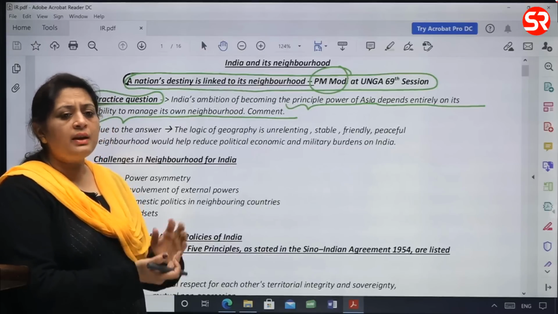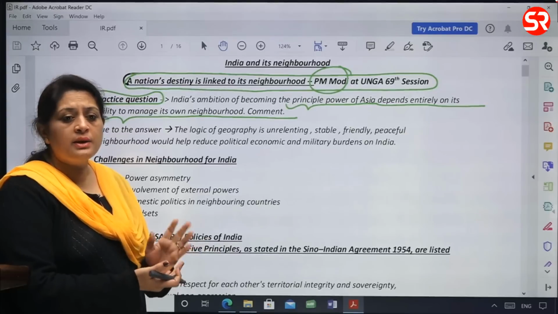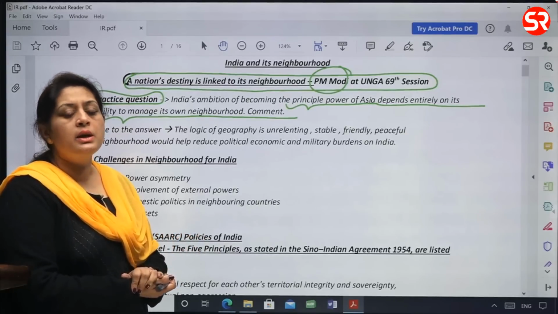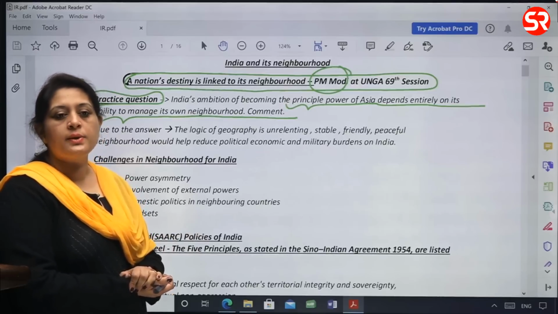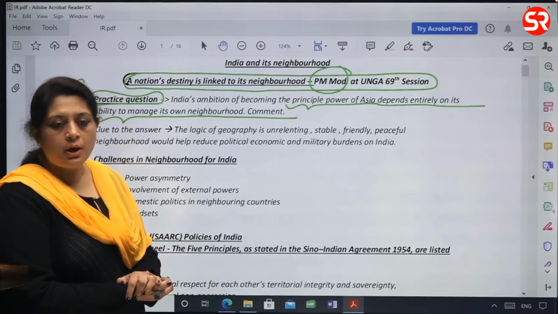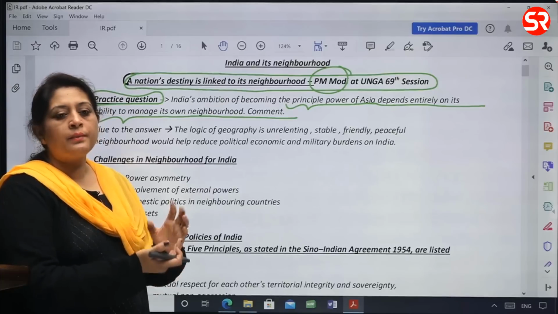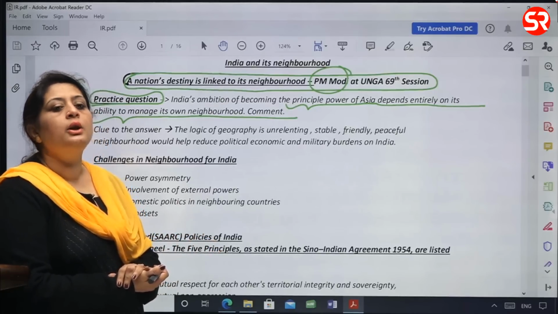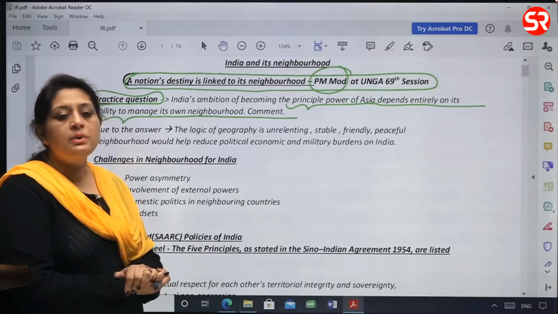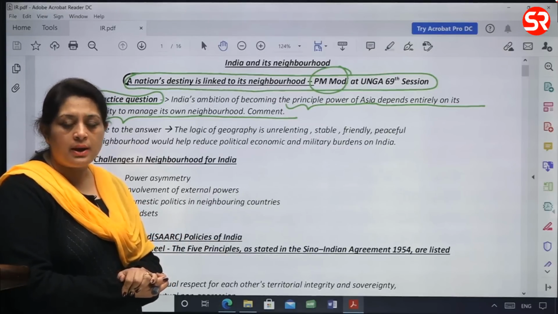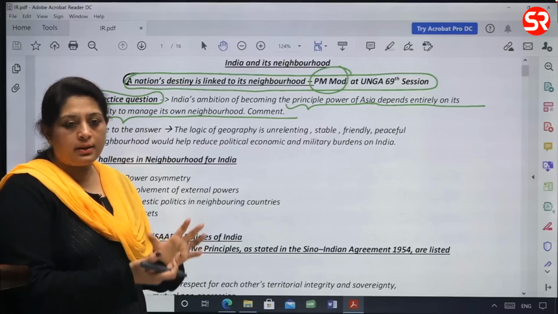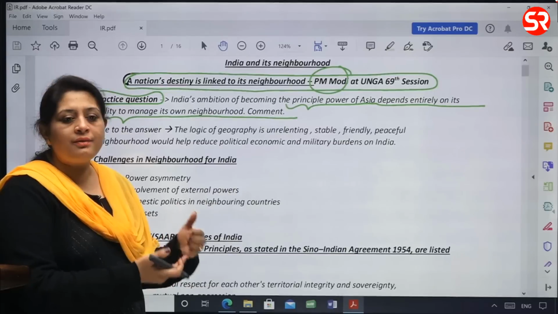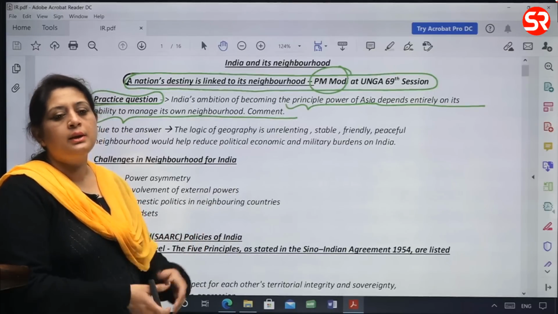Though there are significant achievements in terms of resolution of the land boundary dispute with Bangladesh and the maritime dispute with Sri Lanka, but there are certain pending issues which require a